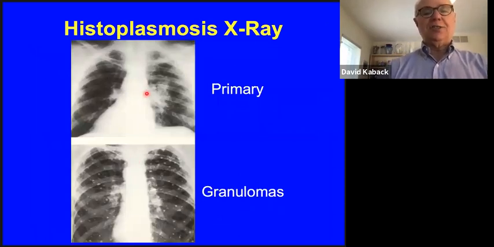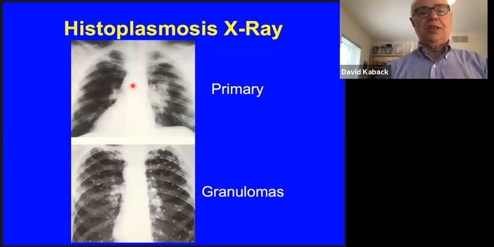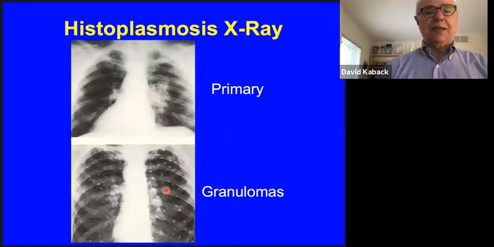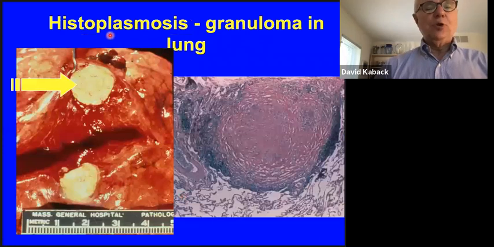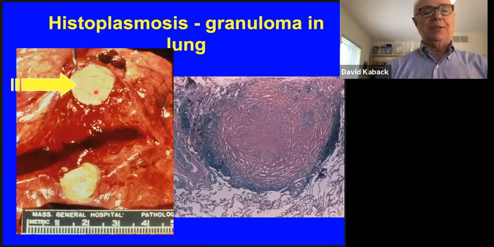Here's a case of a primary lung infection. You can see that pneumonia that I spoke to you about with this lung consolidation, and ultimately it will heal, leaving these granulomas shown here, these spots on the lung, which are not due to a tumor. Just so you know. If you were to slice one of these granulomas in a lung biopsy, you would see sometimes even live fungal cells growing within this granuloma. Here's a microscopic observation of it.